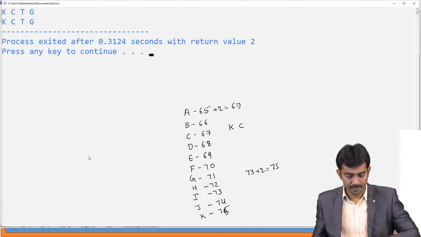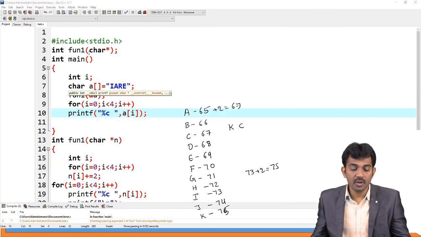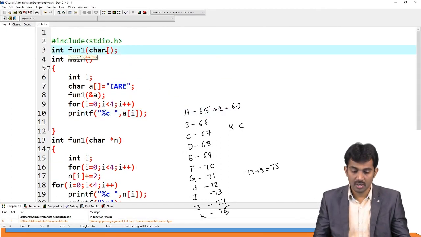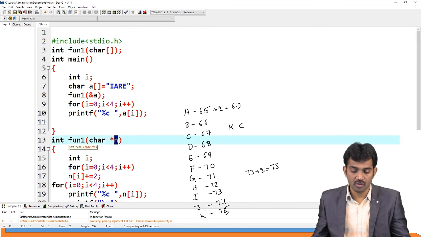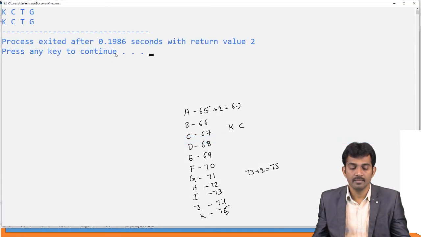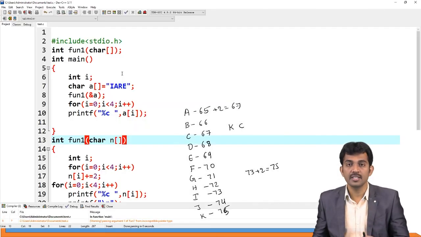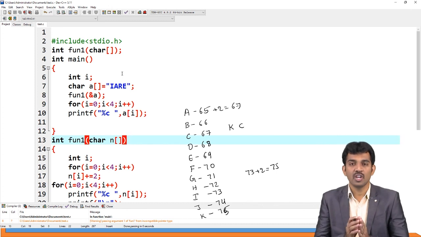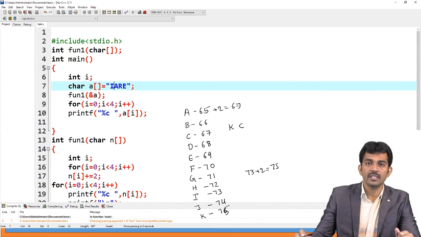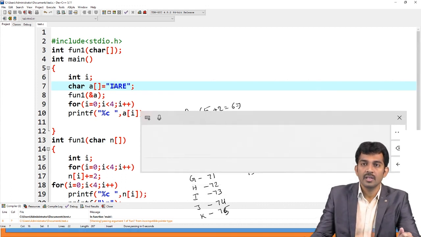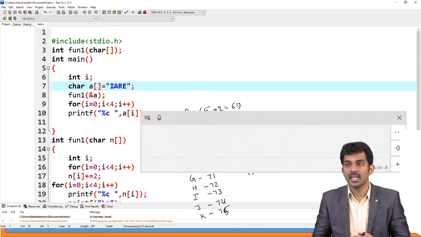Observe clearly. And also here you can use, instead of this you can use like this also. This will also work. See, if you run this code, you get the same output. Is this clear? This is the mechanism to pass string as your argument. See, string as your argument. Is this clear? String as your argument.